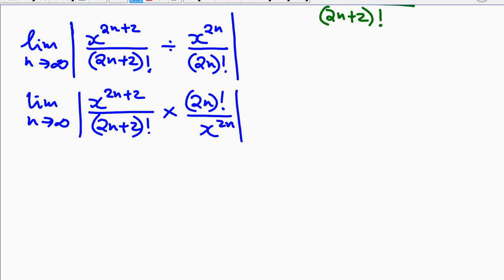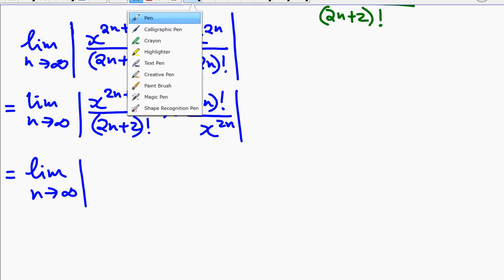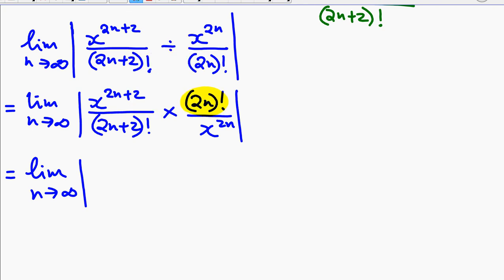So I'll end up with, now you can use indices to simplify these. Let me just rearrange them so that we can handle this in a much easier way. So I'll bring these to the left. So what I'll end up with is